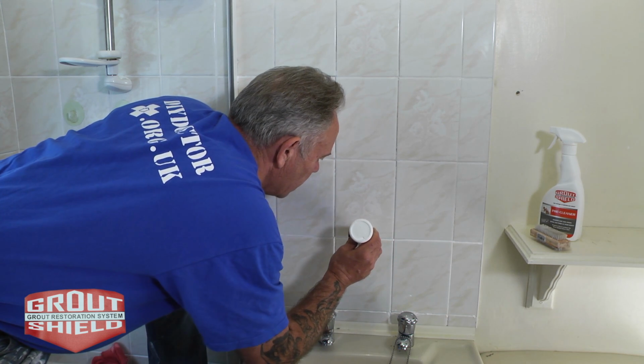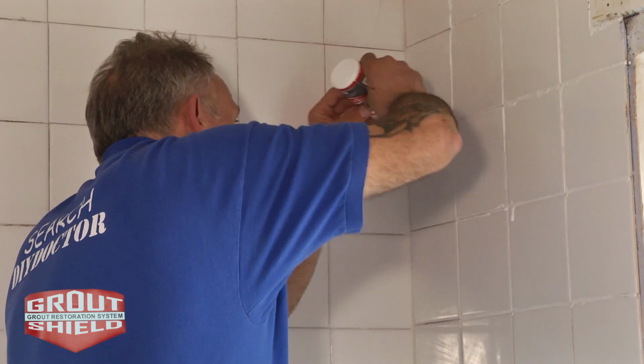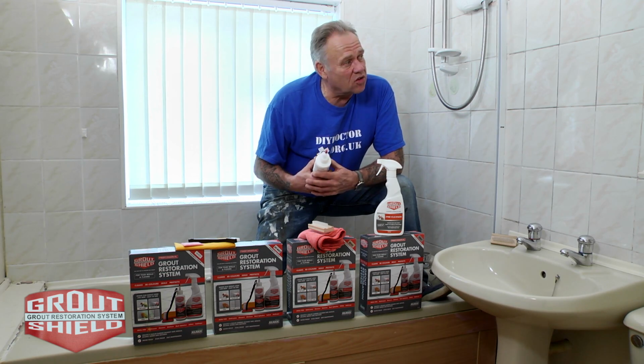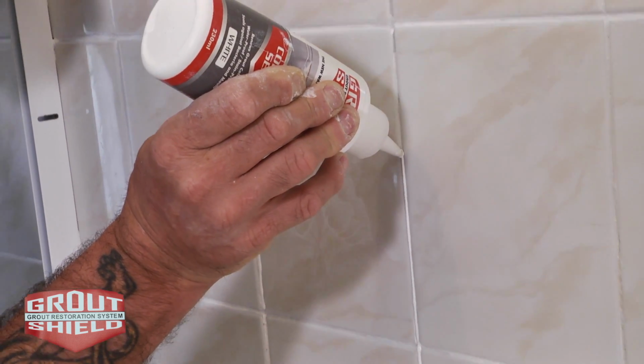If you do try and cover too much, your first time that you try, you could end up with this effect. Well, that's not too pretty, is it? But however, as you move onto your tiles, you'll get better and better with this. Just get a little bit onto the grout lines at a time, do a couple of grout lines,